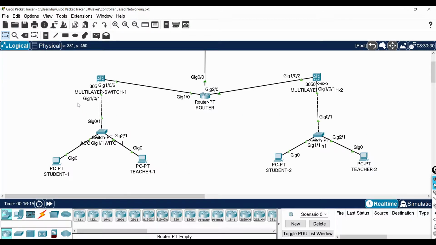Here we go. I have a usual network which contains routers, layer 3 and layer 2 switches, and of course endpoints.